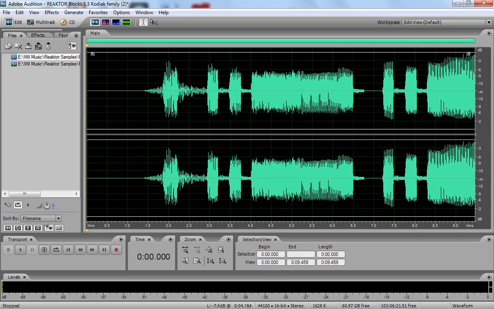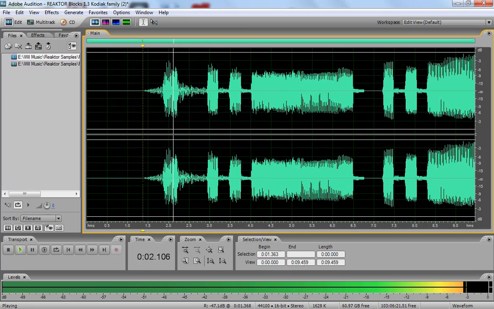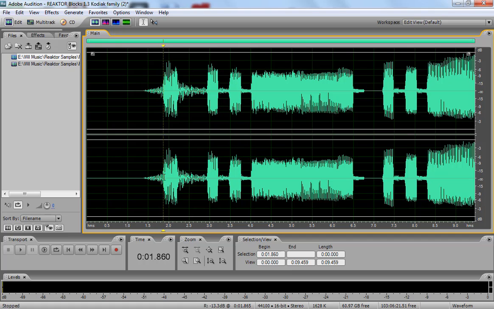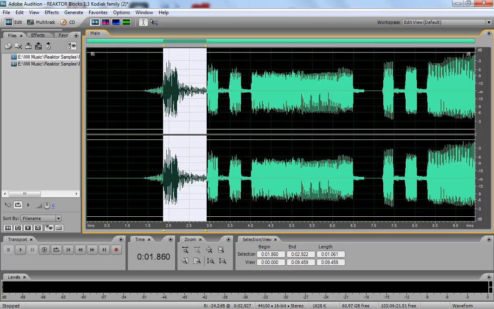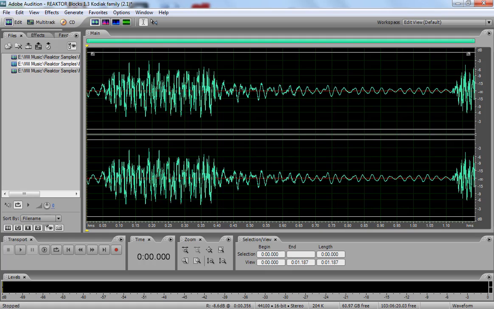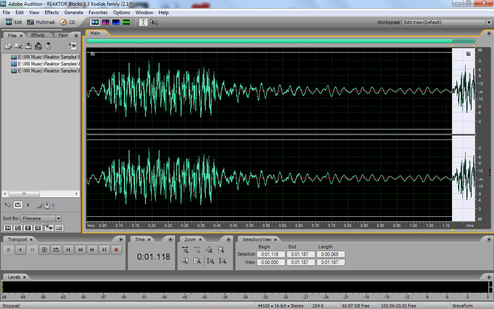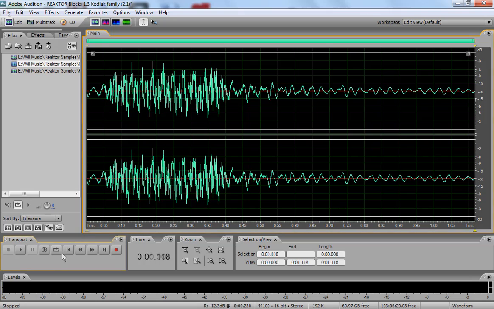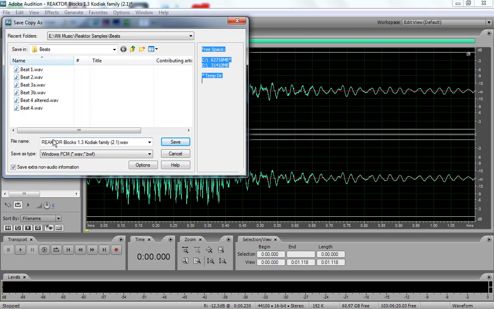So we're going to copy that to new. Well, let's just make it a little larger, and then we'll copy that one to new as well. So we're just making a whole new wave. Cut off this tail here, and we got something pretty good. And we're going to save that particular one. I just chopped up the wave into smaller and smaller bits, and I've saved quite a few beats from that